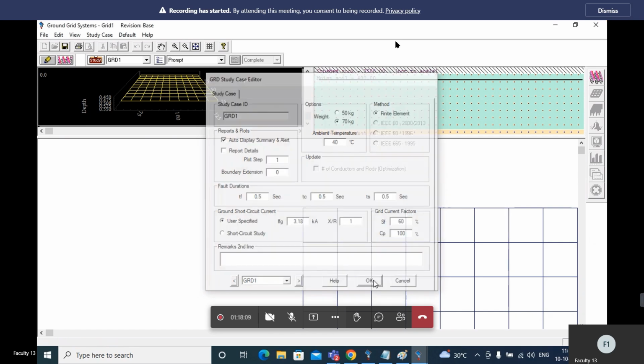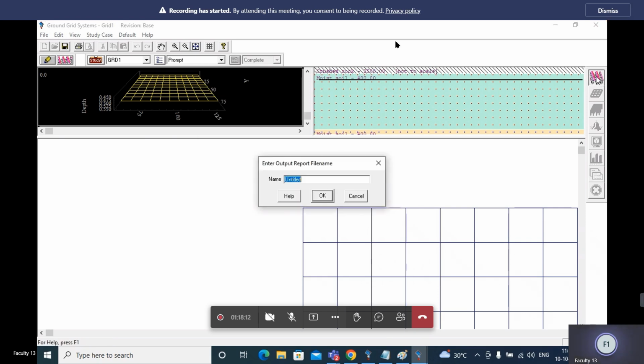And then give OK. Now I'm going to run the design.